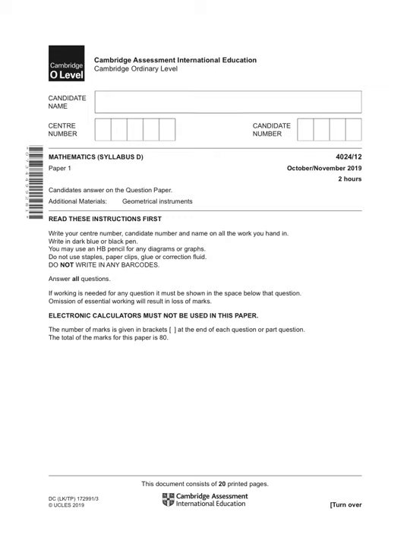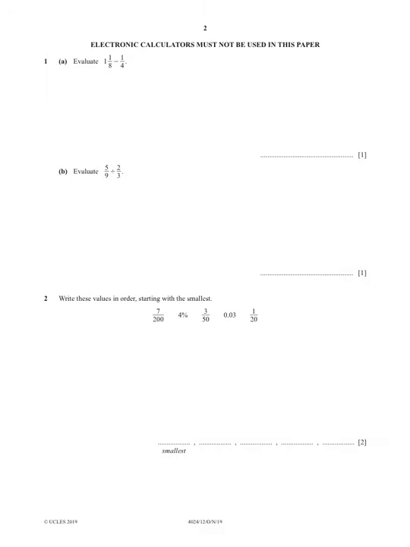Alright, in this video we are going to solve the October-November 2019 paper. It's paper 1 variant 1-2. First part says evaluate 1 whole 1 upon 8 minus 1 upon 4. So 1 whole 1 upon 8 will be 8 ones are 8, 9 upon 8 minus 1 upon 4. LCM is 8, so it will be 9 minus 4 twos are 8, 2 ones are 2. So that will be 7 upon 8.